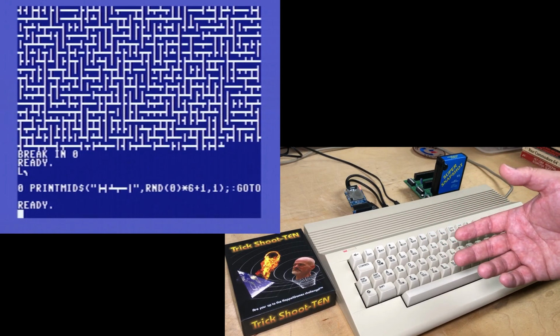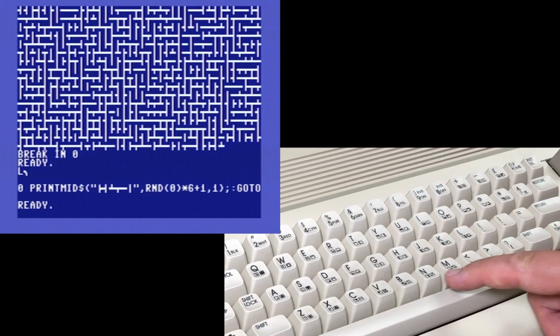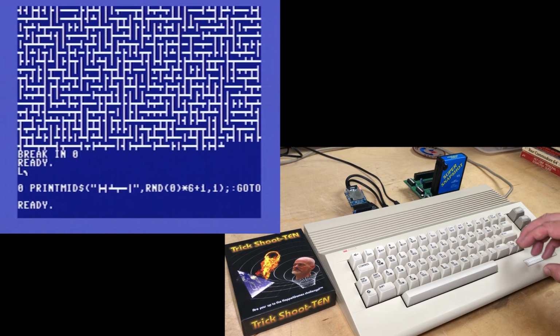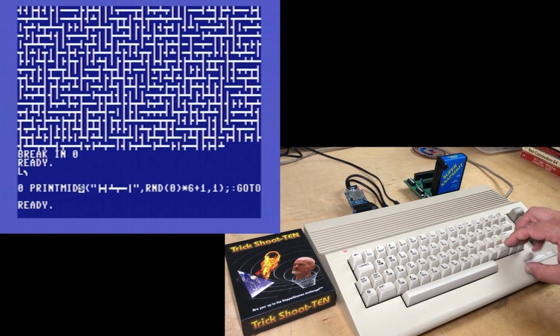So yeah, we're looking at the listing here. It is just a single line of code. So again, it's just a print command, but instead of just printing one of two characters, the slashes here and here on keys N and M, it's actually got 6 different characters that are put in this constant string, and then the midstring function is called, which chooses one character, and the random number is generated, multiplied by 6, so you get a number from 1 to 6, which is the position in this constant string. So basically just one of these 6 characters is chosen at random and printed,